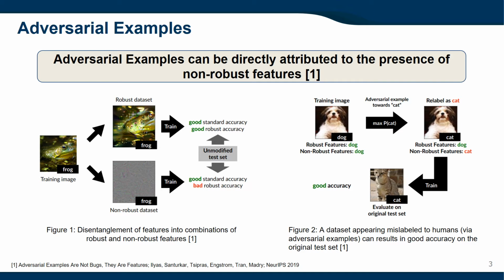The obtained dataset was assumed to mainly contain robust features. A model trained on this robust dataset shows good generalization performance to the original validation dataset and further shows a relatively high resistance to adversarial attacks. Their results suggest that features can be seen as the link between data and model.